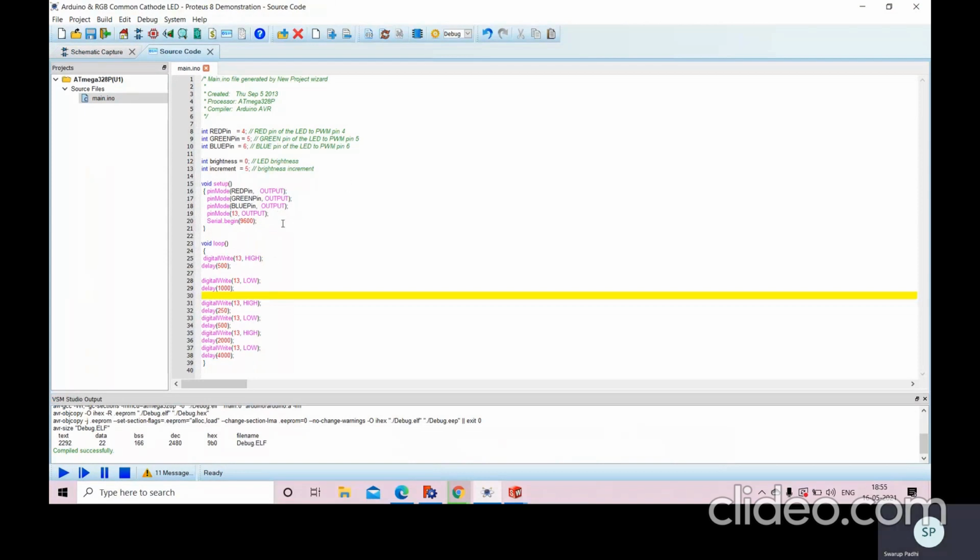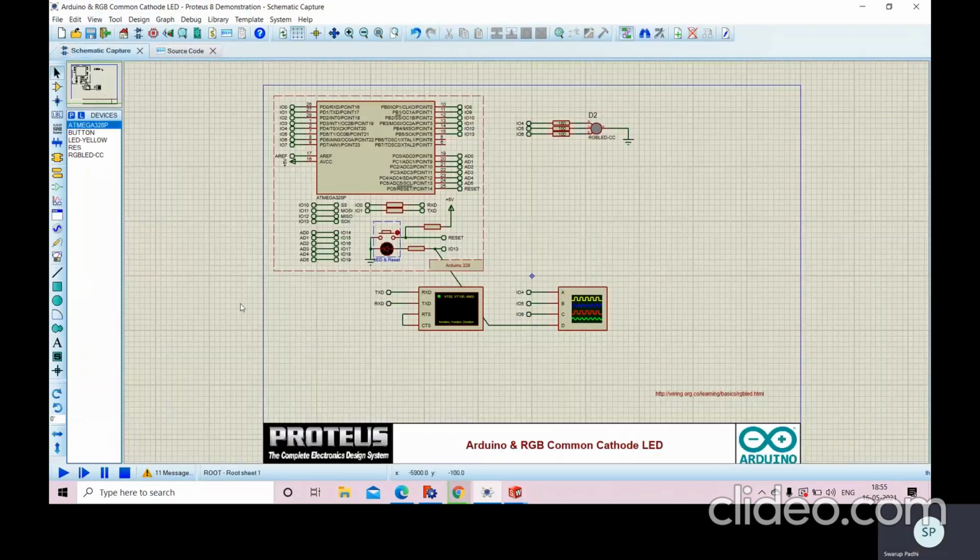And it blinks alternately for the time periods that are written in this void loop function, which iterates infinitely. So it remains high for 500 milliseconds, low for 1000 milliseconds, high for 250 milliseconds, and so on. The total time period is 8.25 seconds, and we see a composition of square waves on the digital oscilloscope. Let us build this. It says it is already compiled, which means the code is correct.